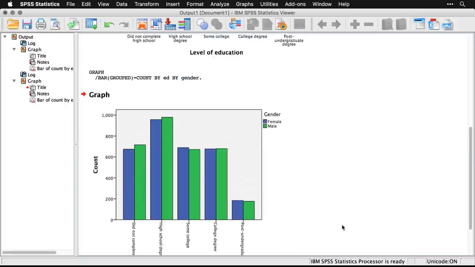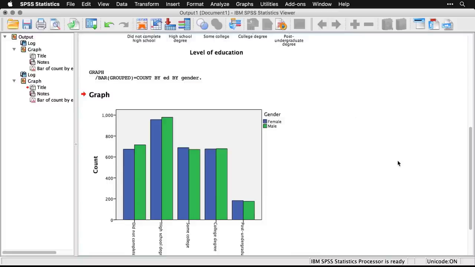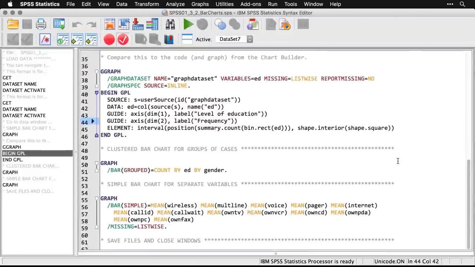By the way, come up and you'll see that the code for this is really simple. All it does is it adds by gender. And so again, a very short command. I'm going to go back to the syntax and we're going to do one more here, and that is for multiple variables. So this is a situation in which it can be confusing if you have a lot of categories